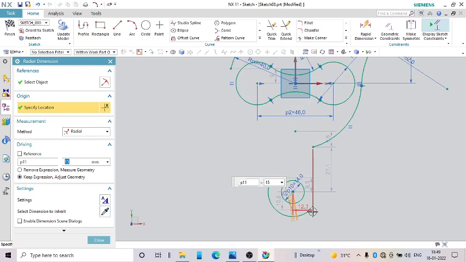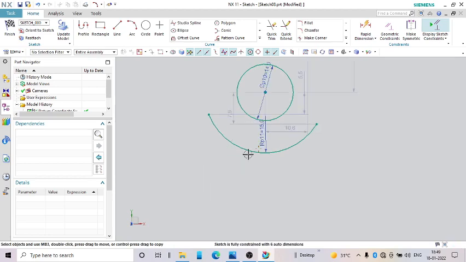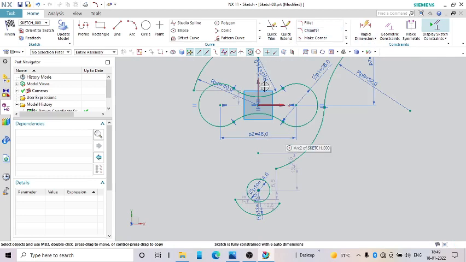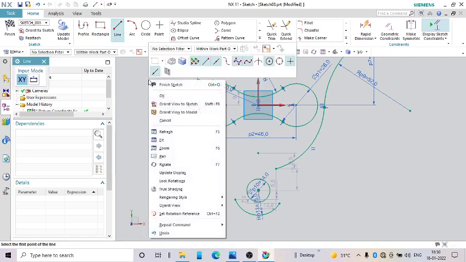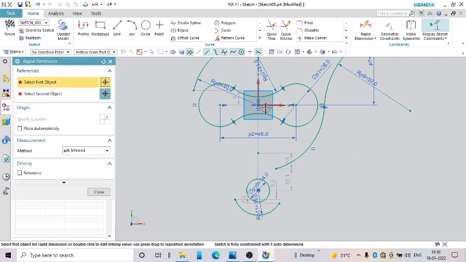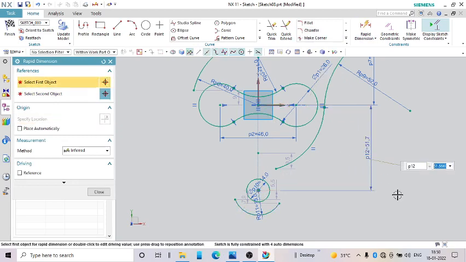Now here we will, okay, let us complete the constraints. So this point is coincident on this axis. Coincident. Then the height 75. So let us give the dimension here. It says 75.